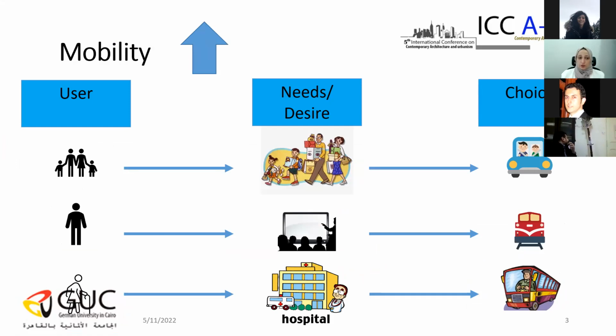The proper transportation planning system should be that each and every user, with diversity of age, gender and needs, should have the proper means of transportation to fulfill a certain desire, whether he wants to go to a hospital, or it's a normal activity of his life, or he is going out for shopping. And each type of activity needs certain preferences in the mode of transport that he is going to use.